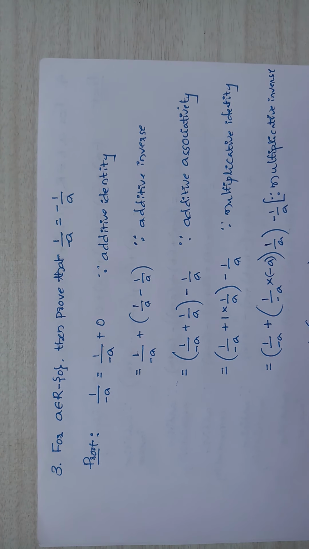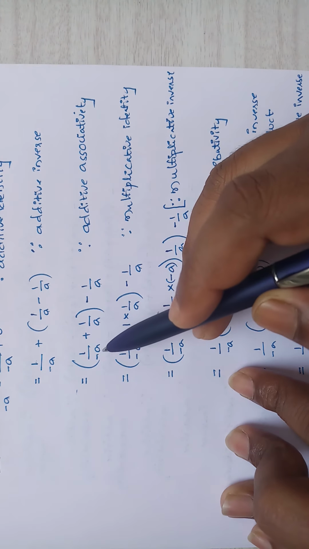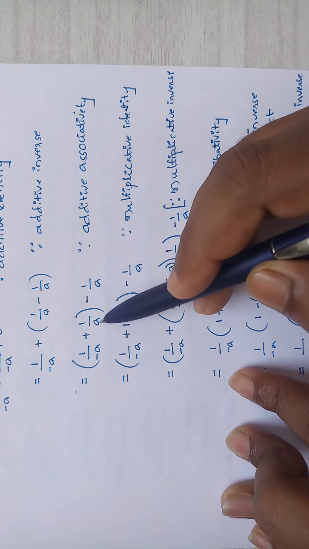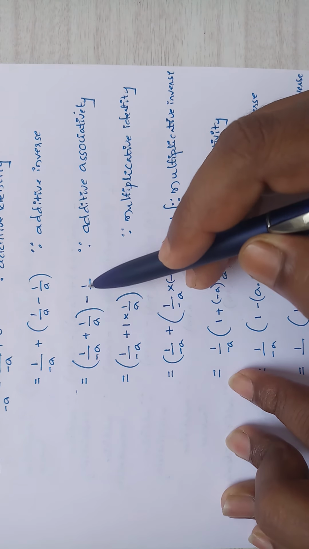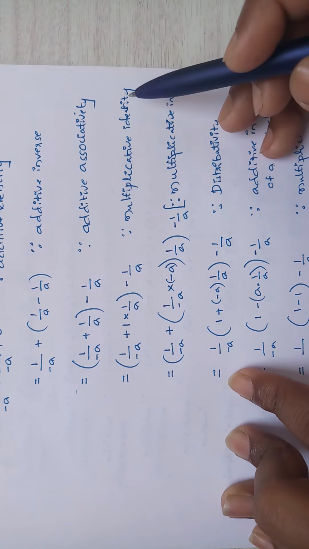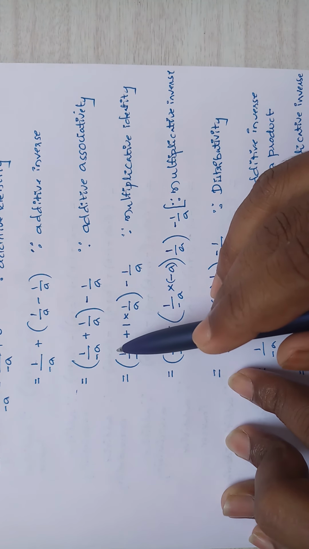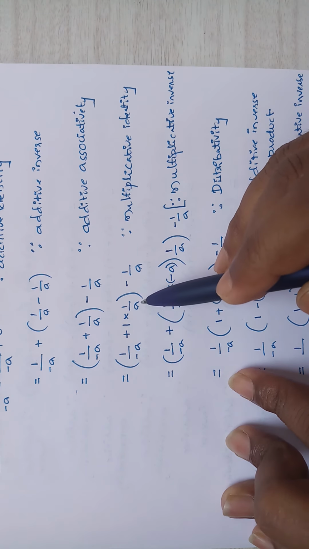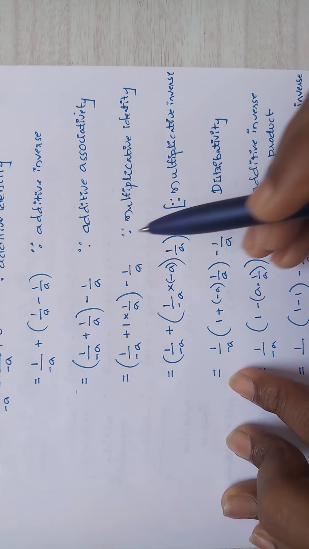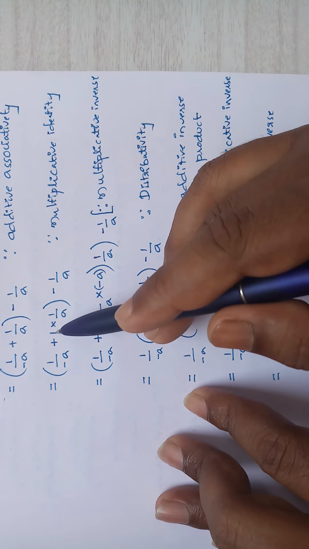So using additive associativity, I write here 1 divided by minus a plus 1 divided by a plus 1 divided by a minus 1 divided by a. So here I take multiplicative identity as 1. Then it will become 1 divided by minus a plus 1 into 1 divided by a minus 1 divided by a. In the place of 1 I take multiplicative inverse, so then it will become 1 divided by